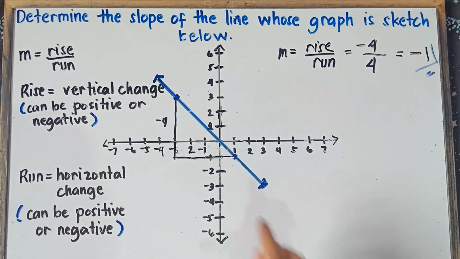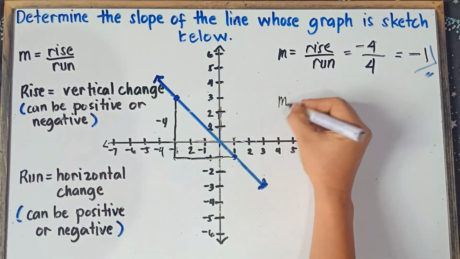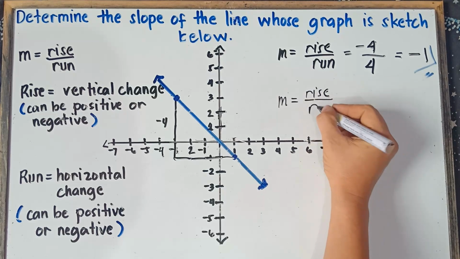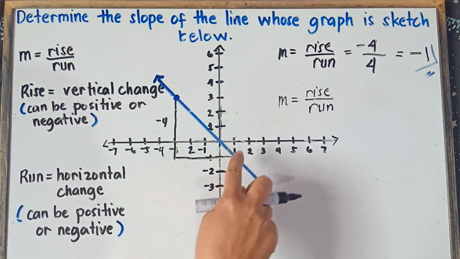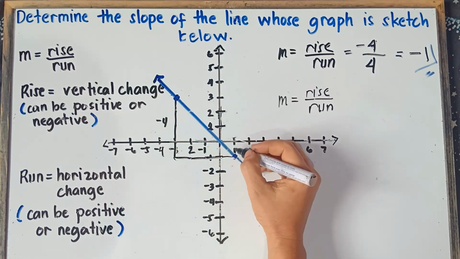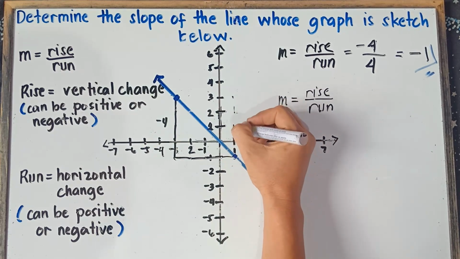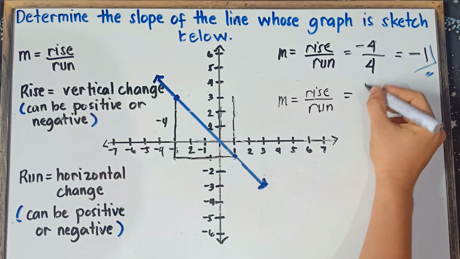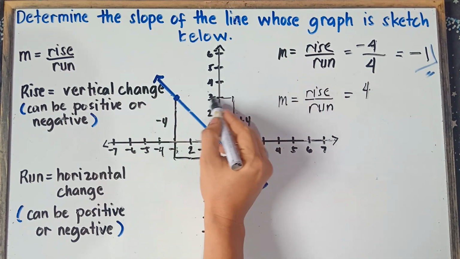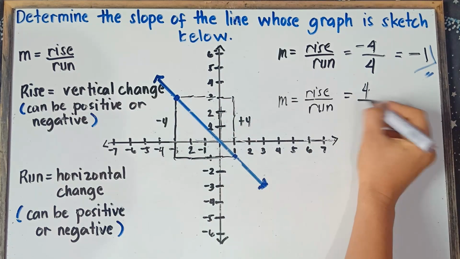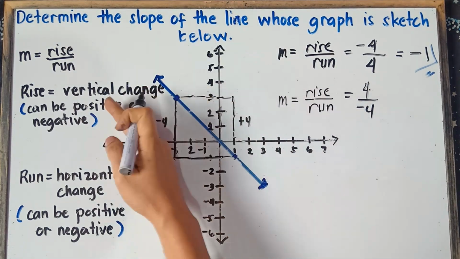Now, how about if you try this one? You start at this point, going to this point. So, M, rise and run. Let's check, class, if you have the same answer. Once again, it's up to you which do you prefer. You can start at this point, going to this point, or this point, going to that point. Alright, so we will rise. How many times? 1, 2, 3, 4. So that would be positive 4, going upward. And then run, going to the left. 1, 2, 3, and then 4. So that would be negative 4. Once again, going upwards, that would be positive 4, and then going to the left, that would be negative 4.